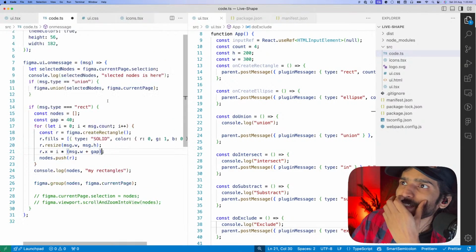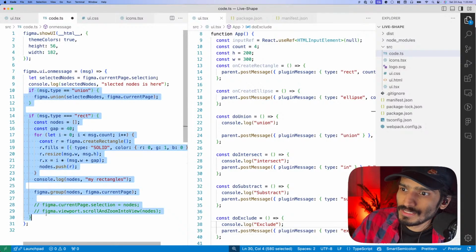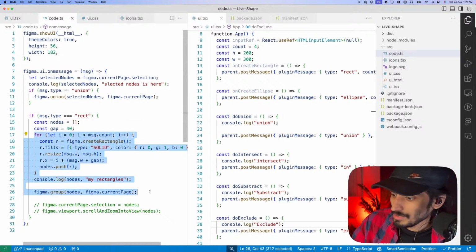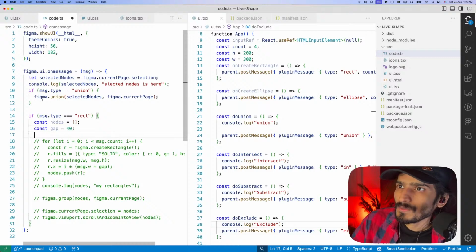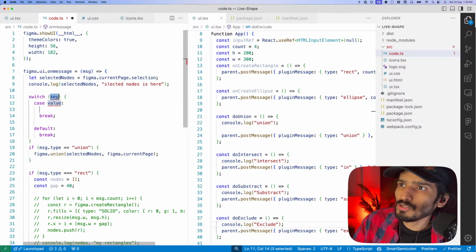Okay, so where is the thing now? Let's comment everything from here to here. This code is important. Leave it for now. We don't need this guy. Okay, so there is one more thing. It's called a switch. So we will use switch now. Why? Because